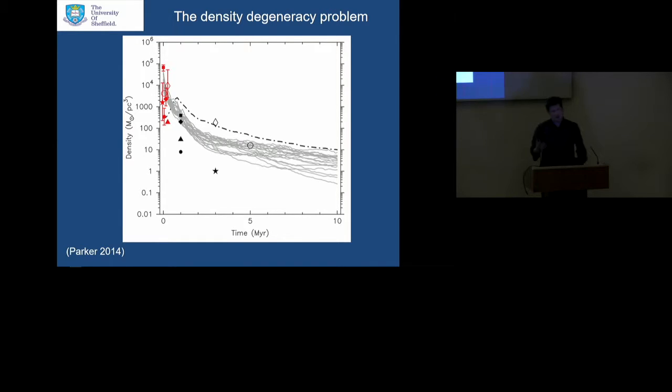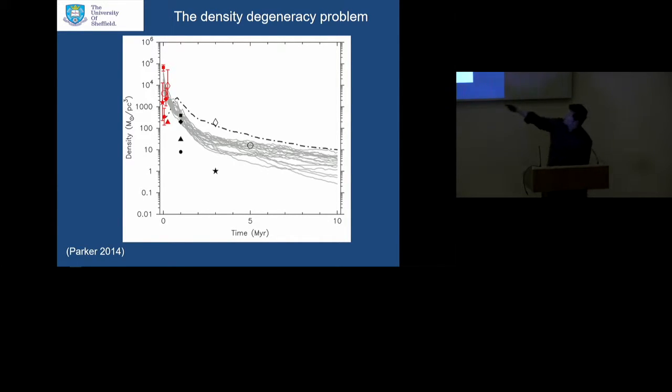For the reason that when you have a very dense star cluster, that tries to relax over time. So the stars interact with each other, and the motion of that cluster is for it to expand. And the expansion is actually quite rapid. So these are star clusters, again, N-body simulations shown by the gray lines, with initial densities around 10 to the 4 solar masses per cubic parsec, so the density of a globular cluster or thereabouts. You can see that over time, the density rapidly decreases, so that after 5 million years, you've decreased the density by several orders of magnitude.